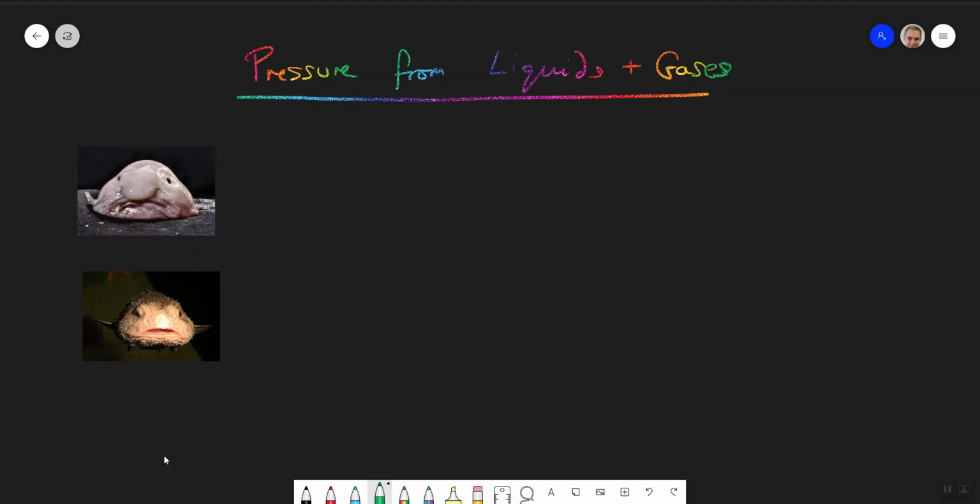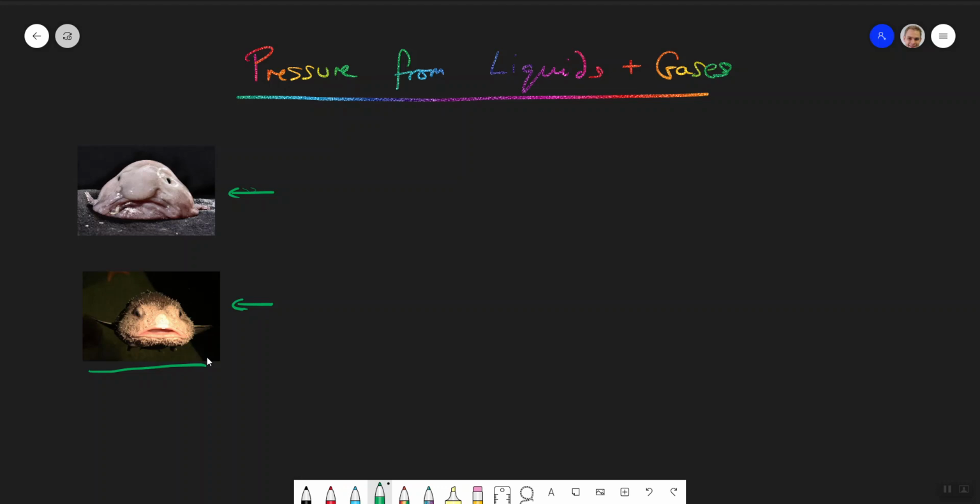Okay, and to start with, I want you to consider these two creatures, this one and this one. They're the only two that are on this picture, so let's consider them. One of them, the top one, was voted, I think back in like 2014 or something ridiculous like that, as the ugliest creature. And it's called the blobfish. However, it also looks exactly like this one in the bottom. These images are both of what we call the blobfish.